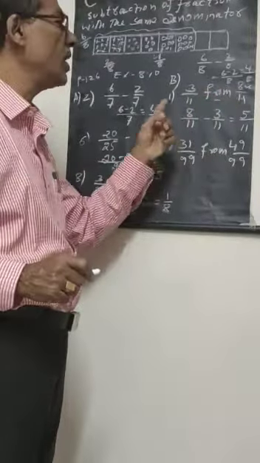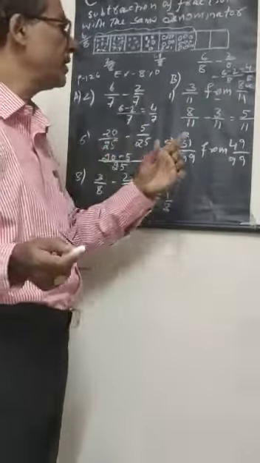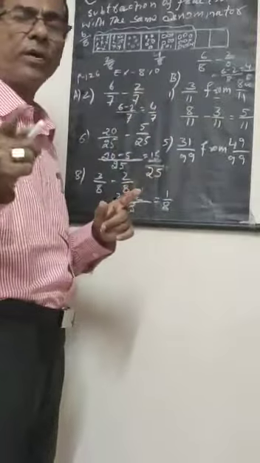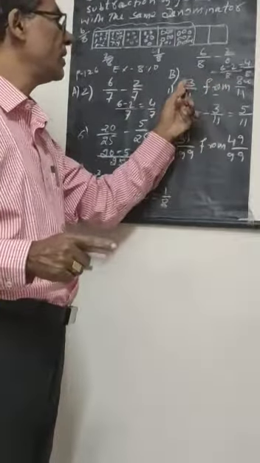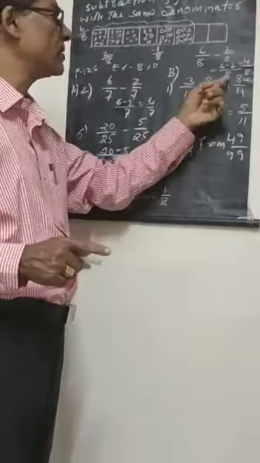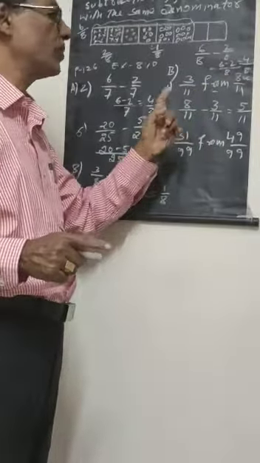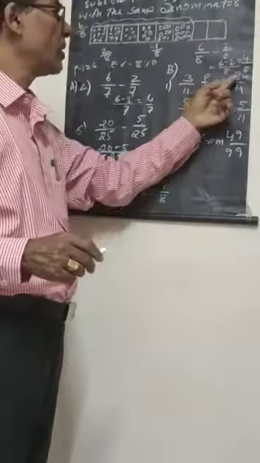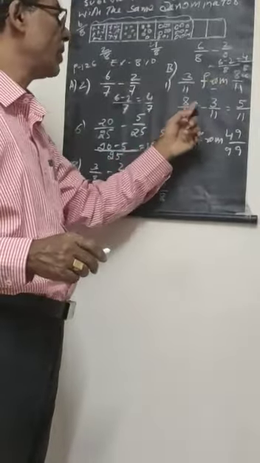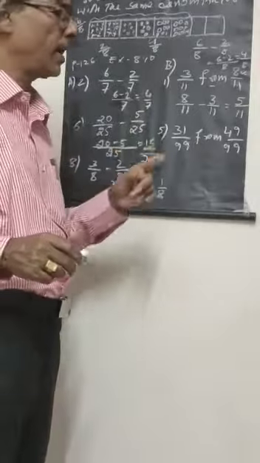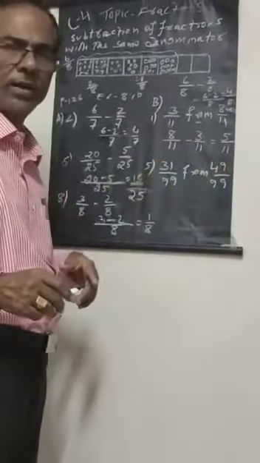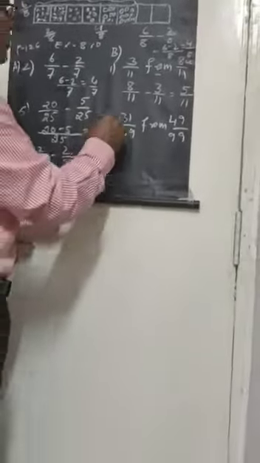This is one logic. Otherwise, you think that subtraction means always from greater to smaller. So 3 and 8, which is greater? 8 is greater. So always you have to subtract like this: 8 by 11 minus 3 by 11. 8 is greater, so 8 you have to write in the beginning, and then 3 by 11, and then subtract it.